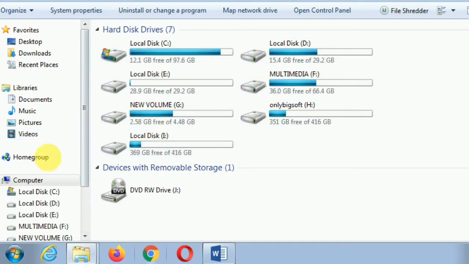Your hard drives, and on this side also My Documents, music, pictures, video, desktop, downloads, everything is shown. All the hard drive partitions are also shown here. If you want to save any file, you can save it in these drives. Even your DVD drive is shown on the screen. So this is My Computer that we are using.